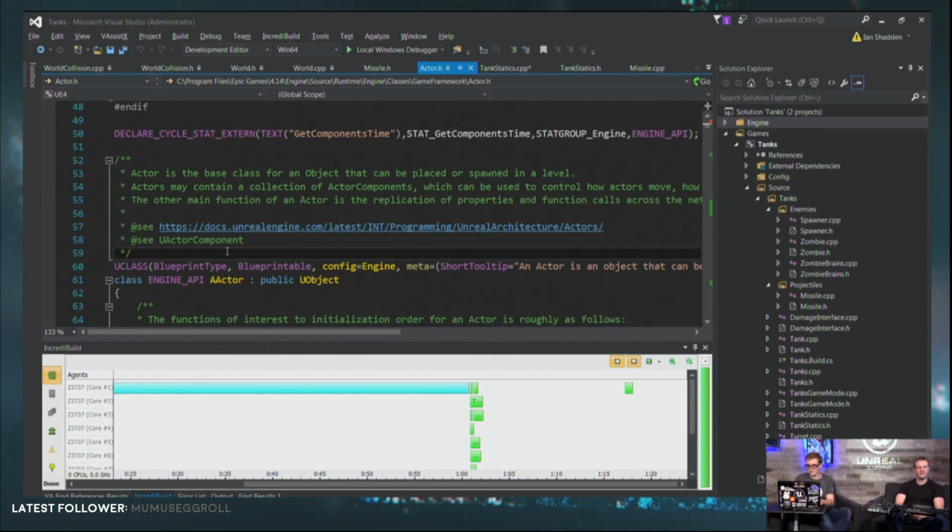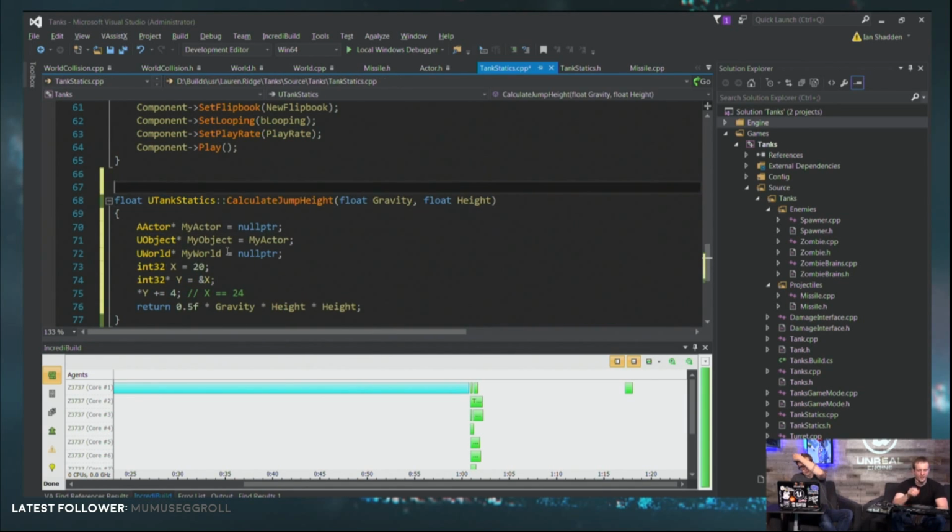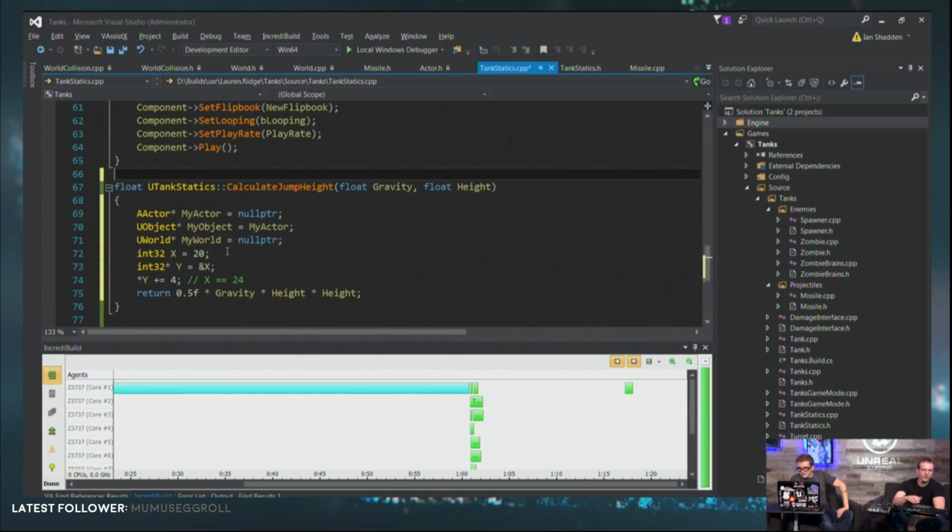So the prefix A is used for AActor and anything derived from AActor, which is why you'll see a pawn, a character, a player controller, all that kind of stuff. So that's where the naming comes from. Other prefixes: S for Slate. We're not going to get into Slate widgets today. Not today. But that's a lot of our UI stuff. In fact, all of the editor is Slate. Sure is. So S is for Slate.